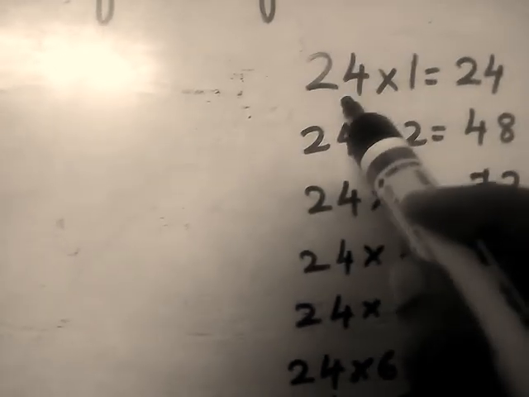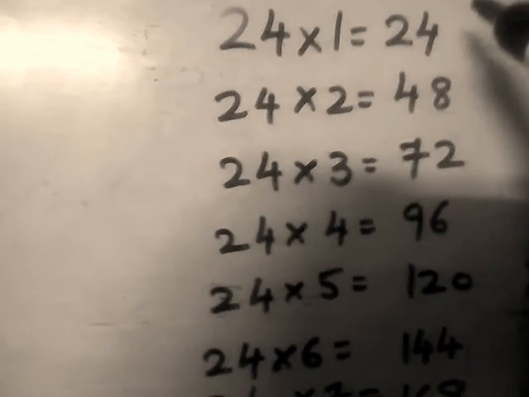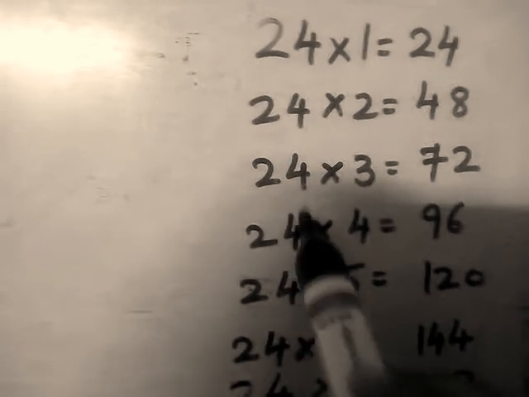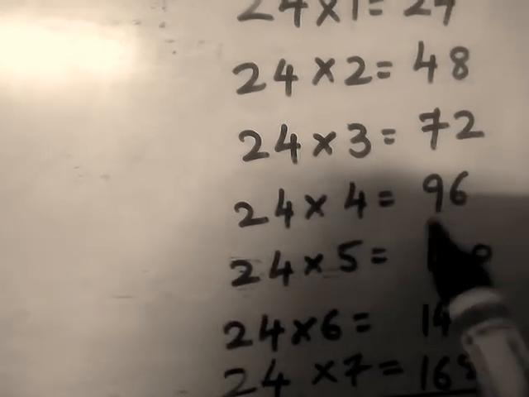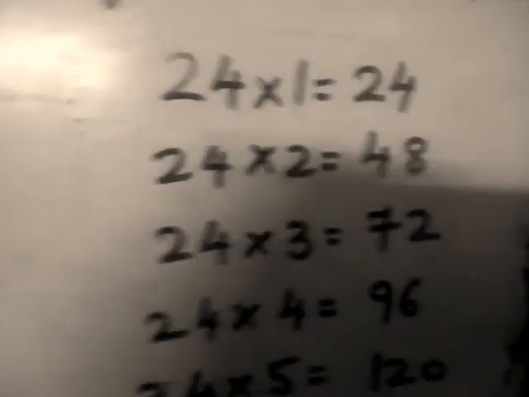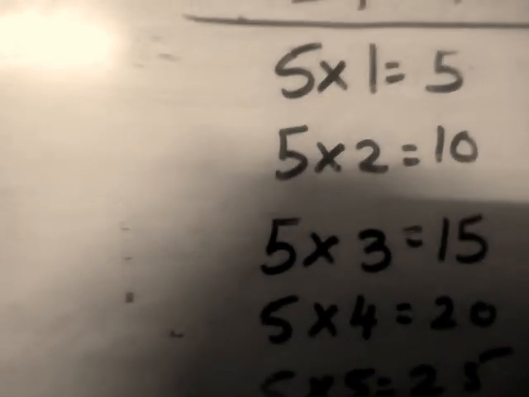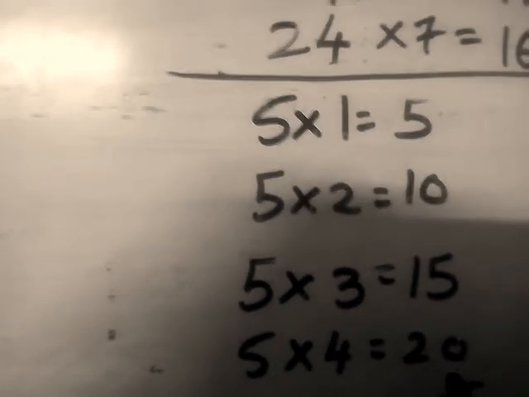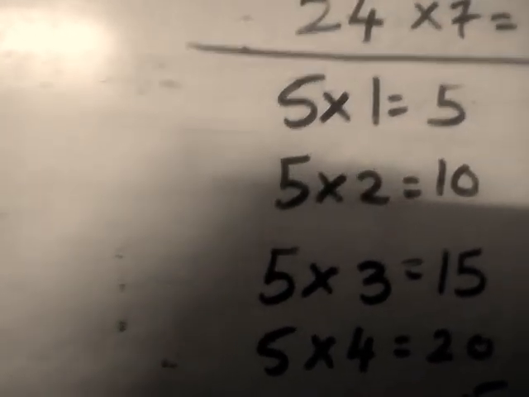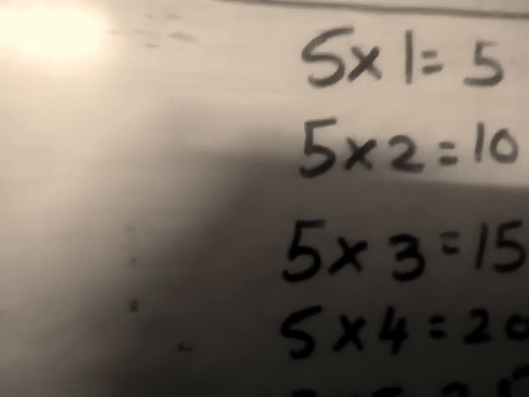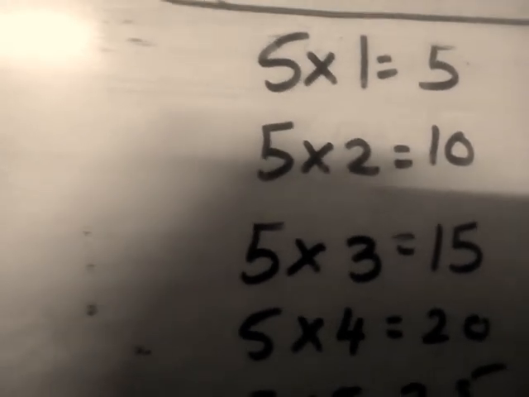When you write the 24 table in multiplication form, you always have to choose one answer. Suppose I take 24 fours are, so you have to take here 96. In the numerator you have to take the number 96, because 24 fours are 96. If you are taking 24 fours, you have to take the 5 table also, 5 fours are. Because both the numerator and denominator should be written in multiplication form with the same number. So if you are writing 24 fours are over here, you have to take 5 fours are.